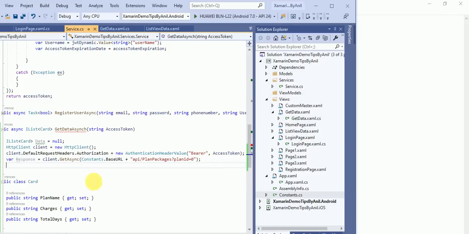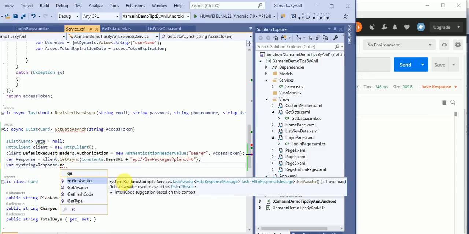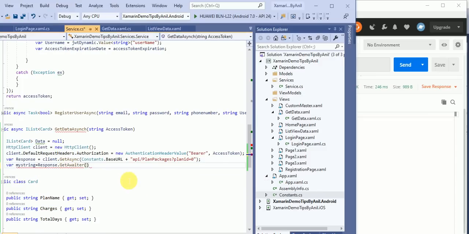Now from this response we will get the data. How can we get the data? The string equals response dot content, dot get result.